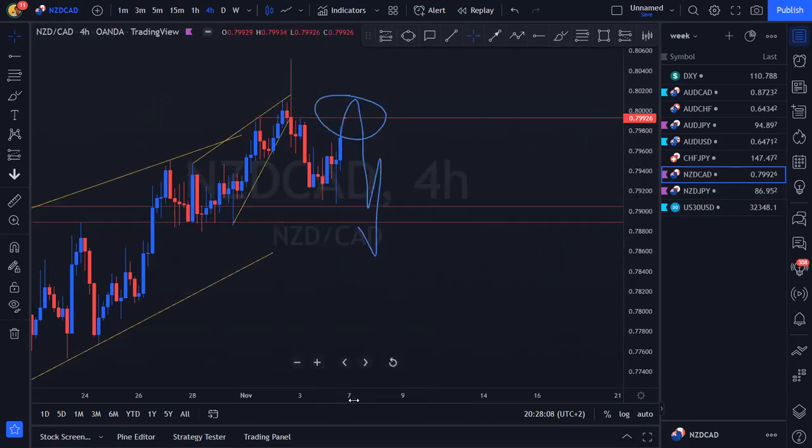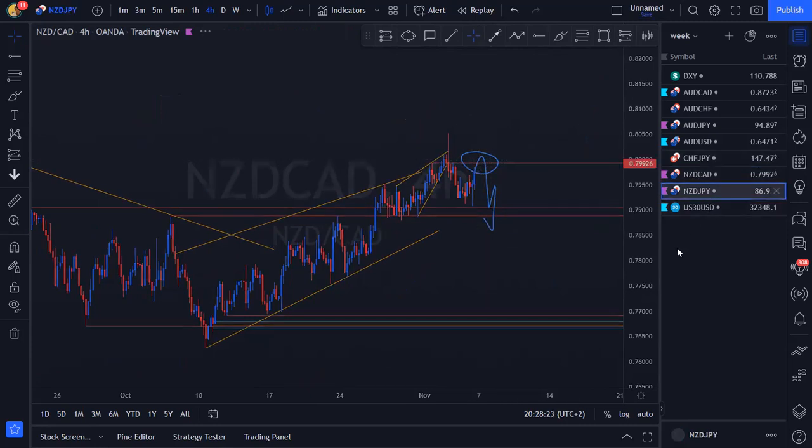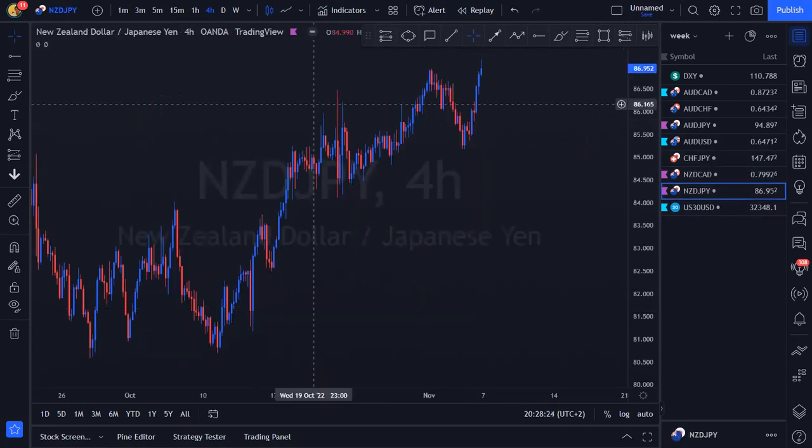So let's just open up New Zealand dollar CAD for those sell-buys trading opportunities. All we're looking for is just a reversal structure in this area. Price is already where we want it to be. On Monday, it's just a matter of analyzing and seeing, is there something that can allow me to sell? Let's go on to New Zealand dollar yen. So on New Zealand dollar yen,